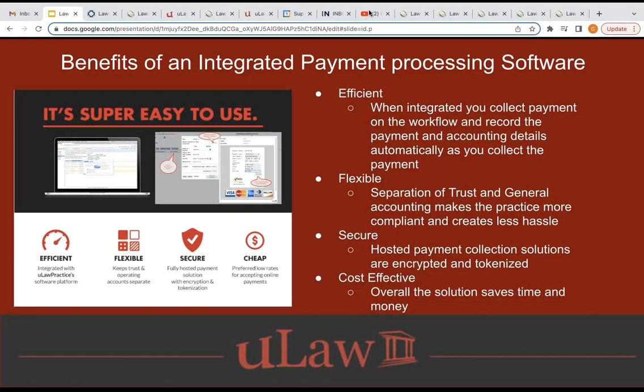So you're definitely saving more time by letting the solution do the work for you, and in turn saving more cost, overall cost rather, and ensuring everything is secured here as the payment collection solutions are encrypted, and you are definitely going to be benefiting out of the secured system that is in use, and at the same time efficient and flexible for you to work from anywhere and collect a payment from anywhere in the world, and let the program integrate to collect the payment and do the workflow at the back end